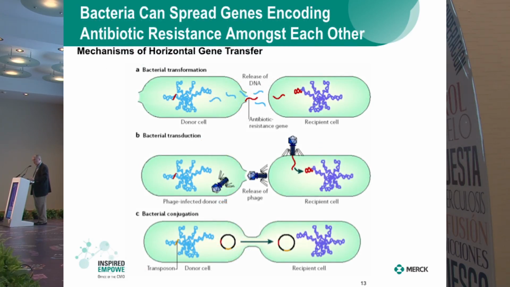And then the way that these genes get transferred: the first is bacterial transformation, where DNA leaves one bacterium and is transferred to another. That's typically for a single gene that makes it across. The second is called transduction. That's when viruses that infect bacteria, called bacteriophage, land on bacteria, suck up a gene, land on another one, and inject that gene into the bacterium. But the one that's most serious is the one at the bottom, bacterial conjugation. You see that little circle next to the chromosome? That circle is a much smaller unit of DNA called a plasmid. That unit of DNA can replicate on its own. It doesn't need the chromosome to replicate. And what these